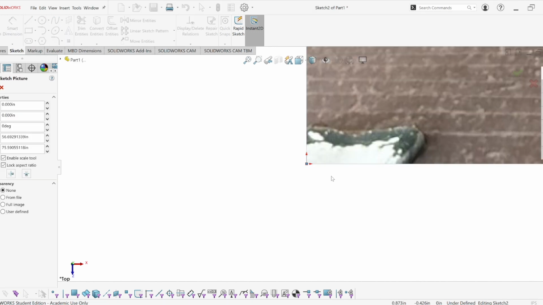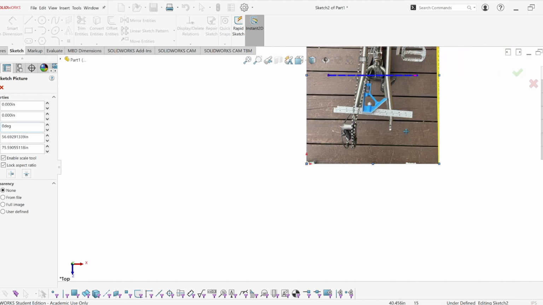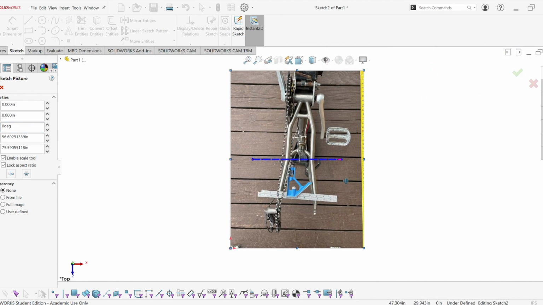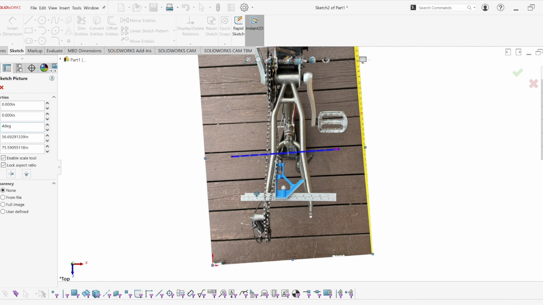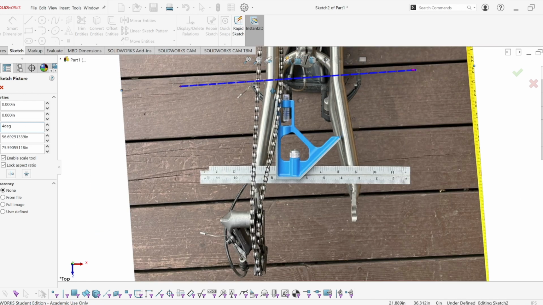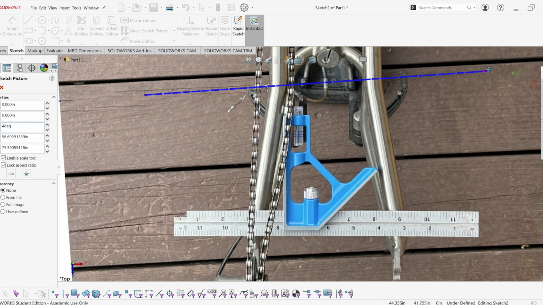So now that that's open, the first thing I'm going to do is rotate this. You can see that the photo is not quite perpendicular to the planes I have in SolidWorks, so I know that this has to go about 4 degrees. Next, I'm going to zoom in, and this bar right here is just to help you scale the image. So I'm going to drag each point to each end of the ruler, and then it'll ask me to input